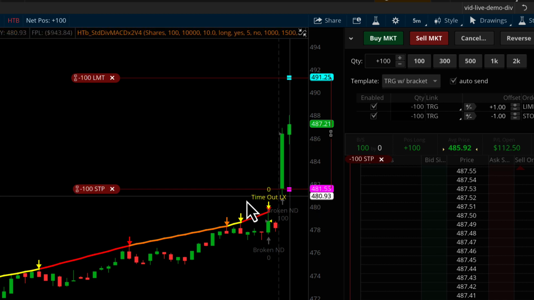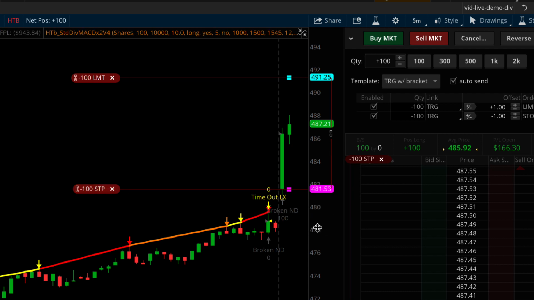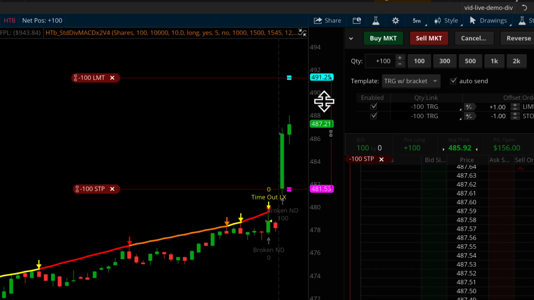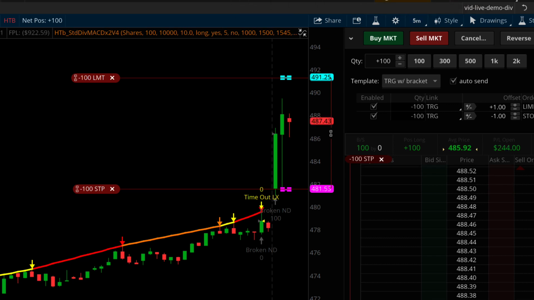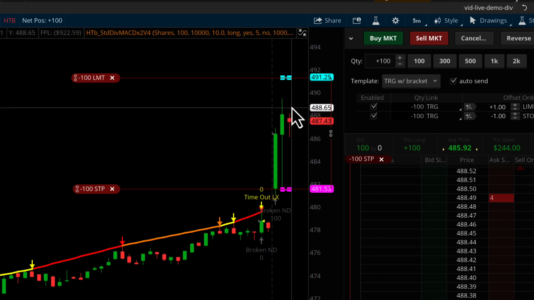It should be at 481.53. You can hover over that, and I've got it at about 481.55. So now we've got a couple of bars that need to play out before this target gets hit. I know that by hindsight because I looked this up beforehand, and I will update the chart as the trade progresses. Just a quick update, the chart has added another bar, and it's the next bar after this that actually